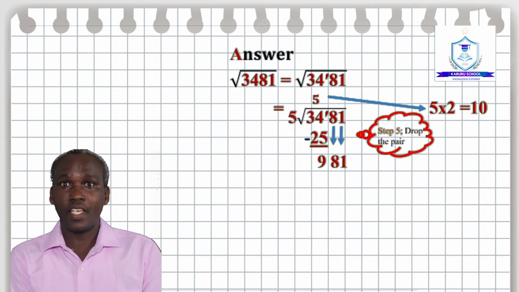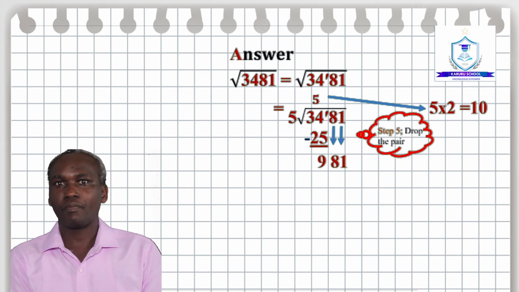We then drop the next pair and then generate a number using the double digits where the new number whose square ends with 1, generating a number equal or close to 981. Two numbers yield a square ending with 1. These are 1 and 9. If we choose 1, we will have 1 multiplied by 1, which will give us 1. If we add that to the ones position at the right side of 10, we get 101 multiplied by 1, which gives us 101, which is far much less than